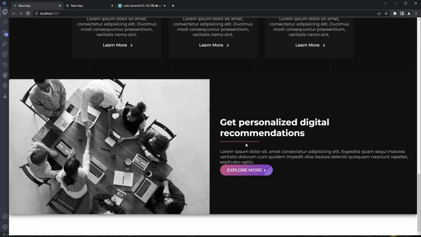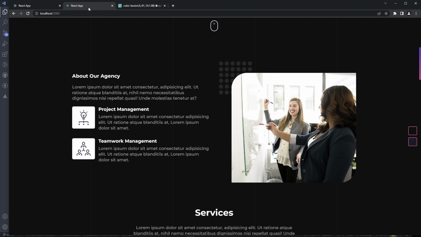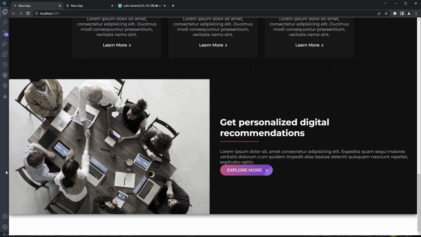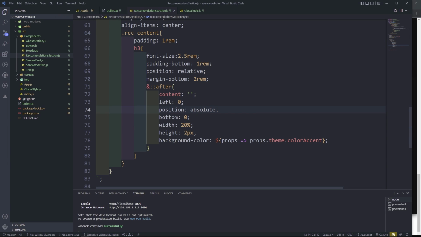We can make this a gradient if you want to. It's entirely up to you. Okay, so when you go here, that's how it looks. Looks pretty similar to me, so that's good. So now after the H3,